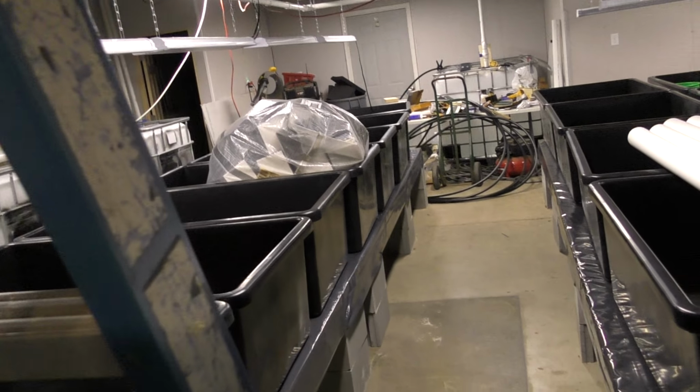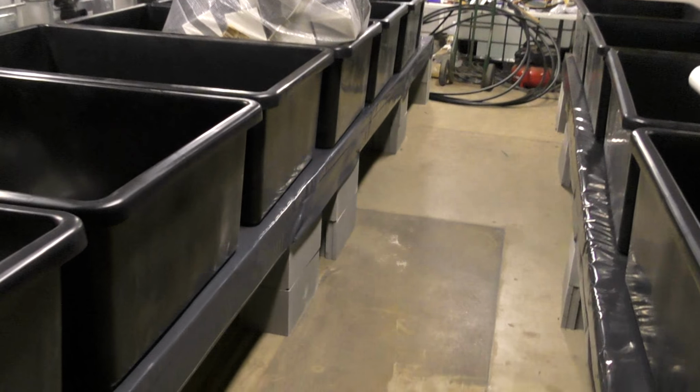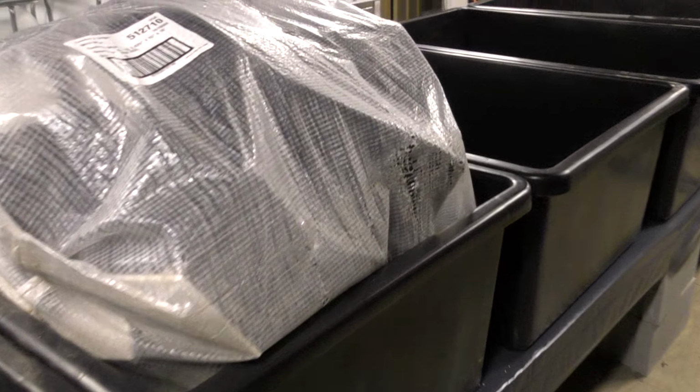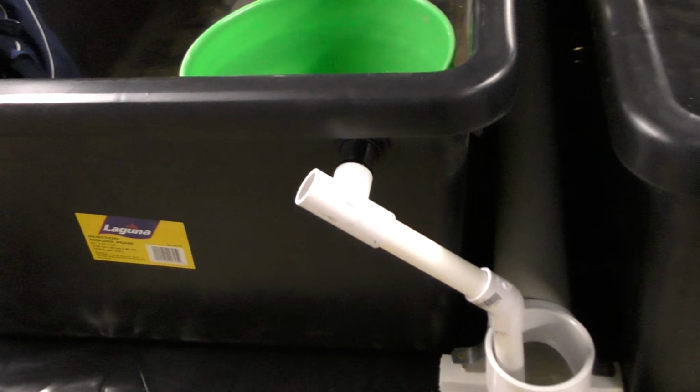You walk out here, Mark kicked butt this week. He's having surgery today. He got this all done. Him and Jeff and T and everybody worked on this. We got all these covered, everything plumbed in, ready to go. We got real busy, so I haven't done too many updates on it through the week, but this is all plumbed in. This is kind of what we did,